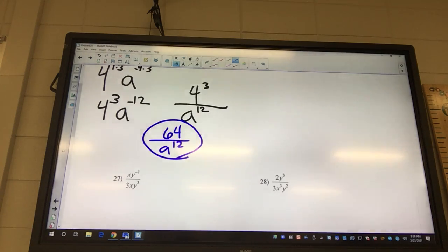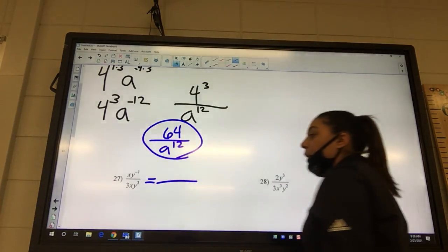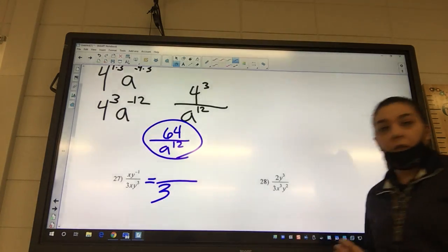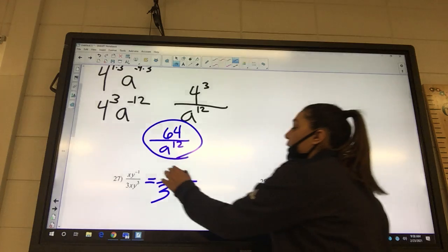Numbers and letters, it needs to be fully simplified. Okay, and then 27. Draw your bar, and you fill in your big numbers. Okay, and then what do we do with the exponents? We subtract them, so you're gonna have x to the